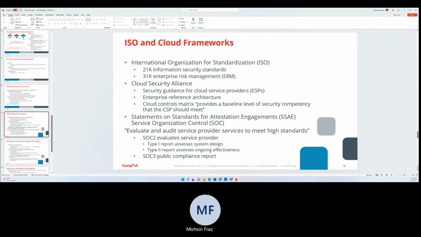It has the cloud service provider (CSP) framework, enterprise reference architecture, and the cloud control matrix. Just different ideas, different studies that you can follow. Statements on Standards for Attestation Engagements (SSAE) and Service Organization Control (SOC). You can quickly call it SOC, right? But not the Security Operations Center. It's Service Organization Control. It's another framework for reporting,